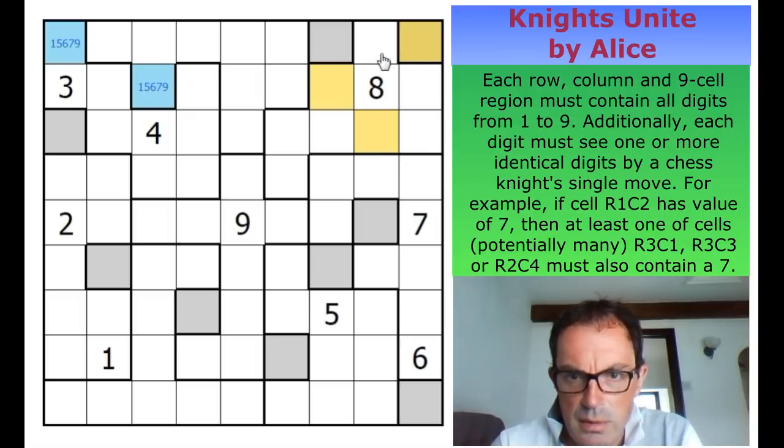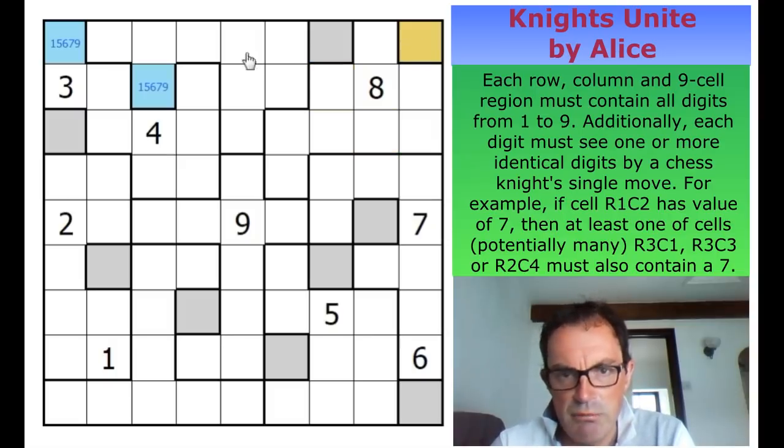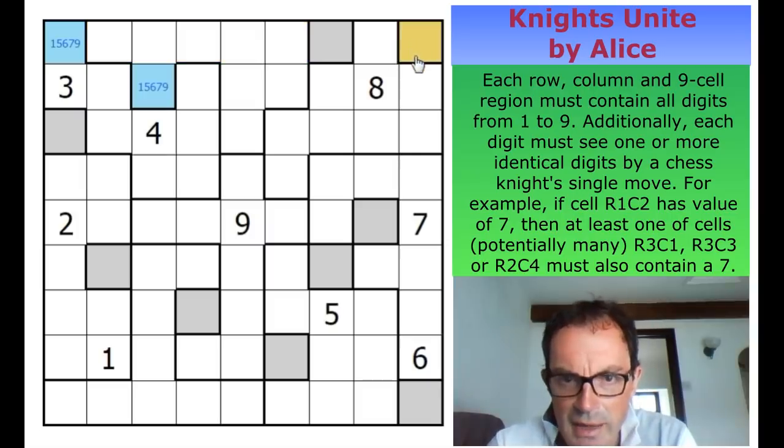Now, that is a little bit interesting, isn't it? Because I'm just noticing that this square actually rules out an awful lot of this box over here. Yeah, okay, so I think we can get quite a good restriction on the value of this box, because